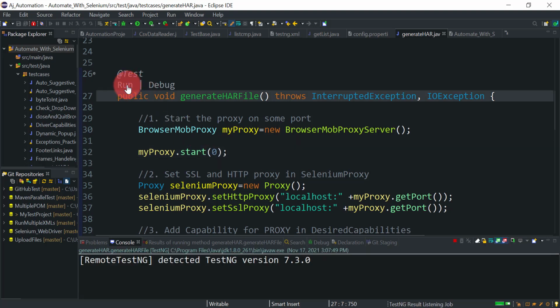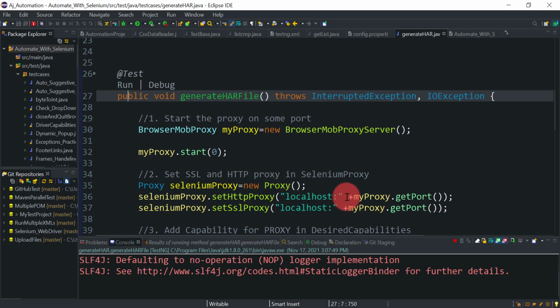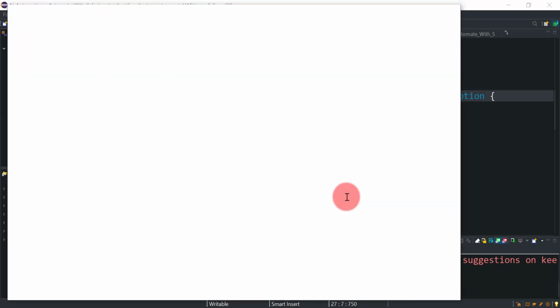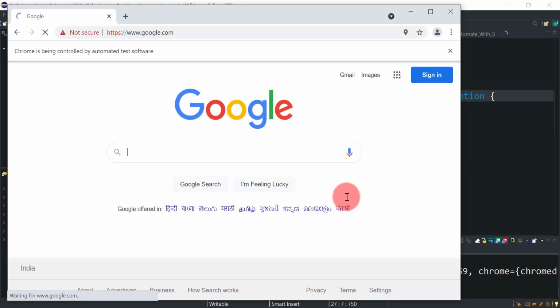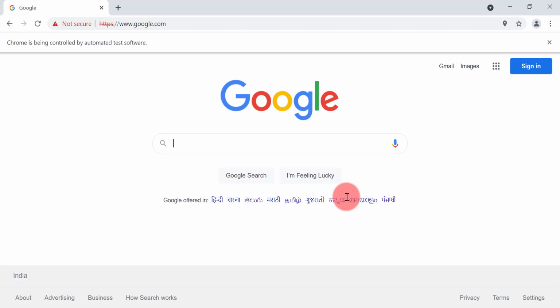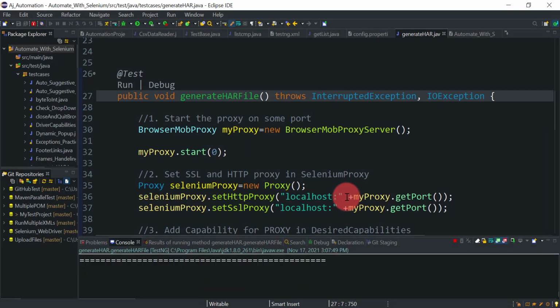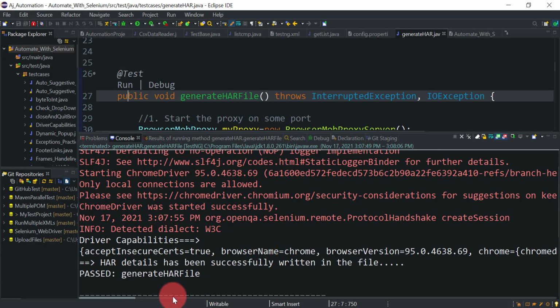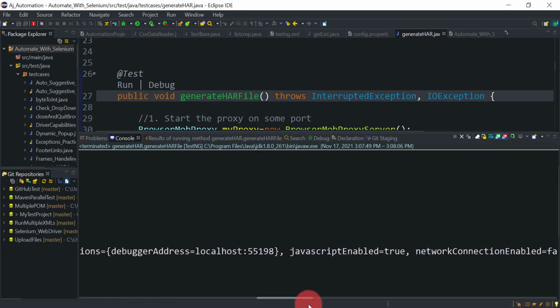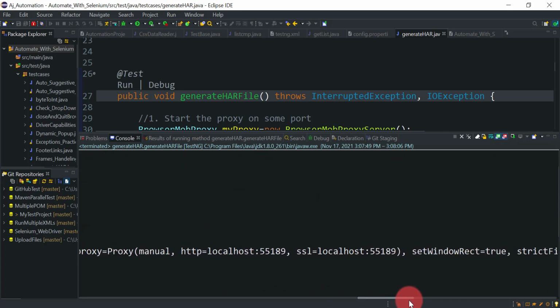So let us run that again, and then we will see our HAR file details. This time we can see this is the port number available at that point, so that's why it has used this port 55189.